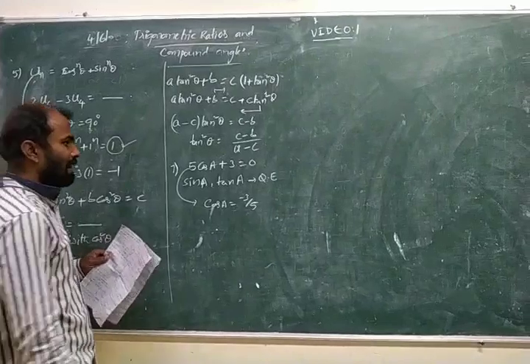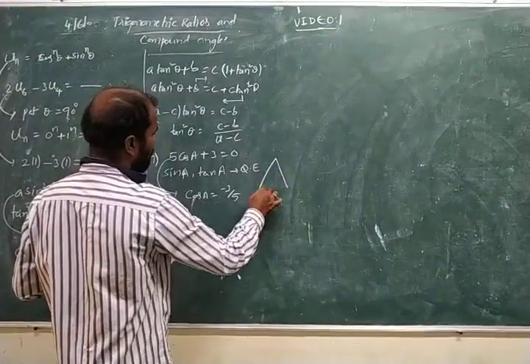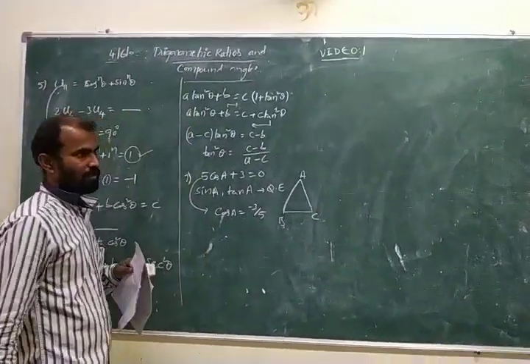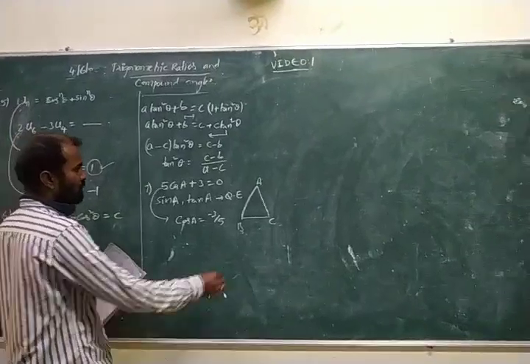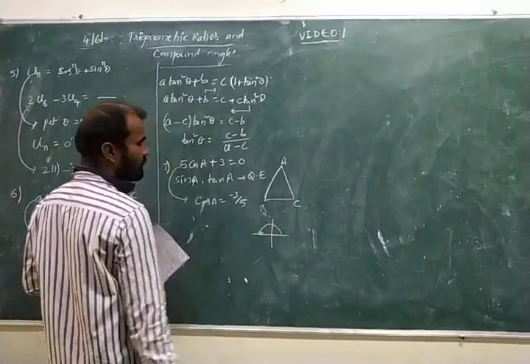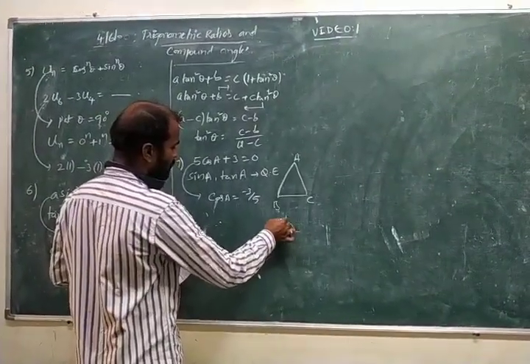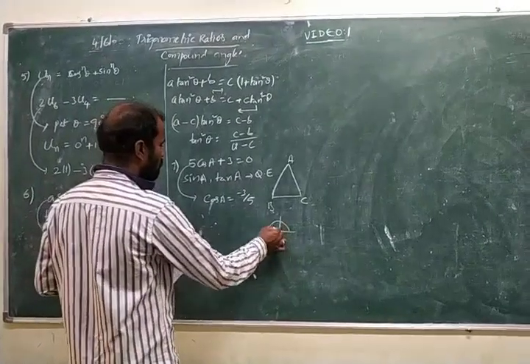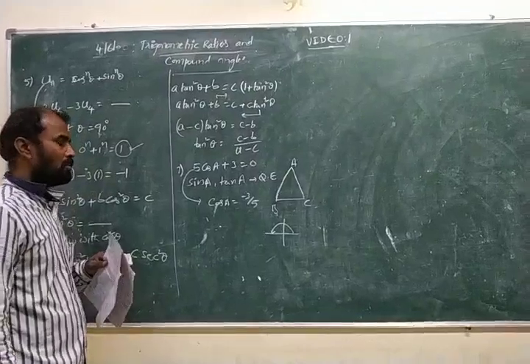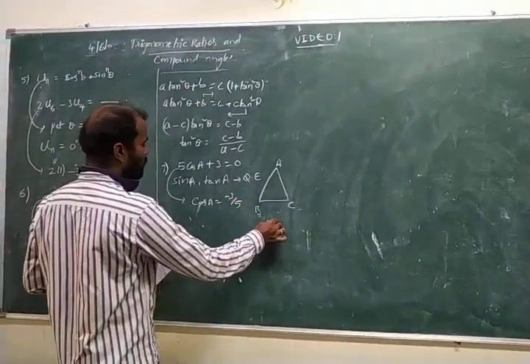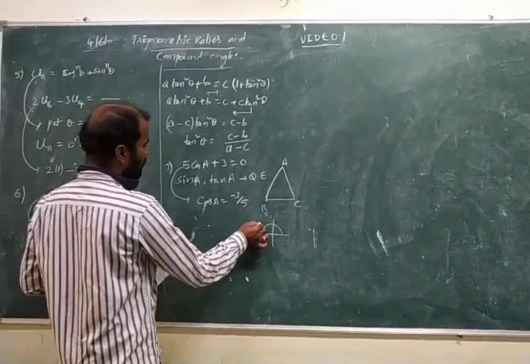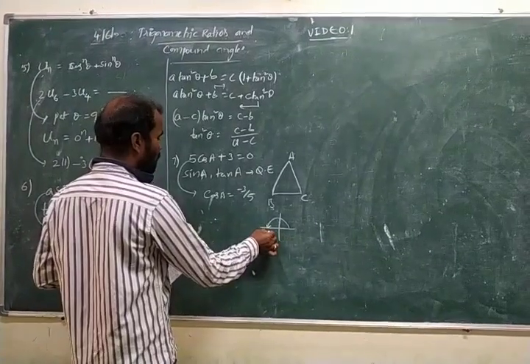So in triangle ABC, in any triangle, the sum of the three angles is 180 degrees. That means in a triangle you consider the angles in the first and second quadrant only. In the first quadrant 0 to 90 and second quadrant 90 to 180. That means 0 to 180. Here cos A is negative, minus 3 by 5 we have. In the first quadrant cos is positive. Cos negative means they lie in either the second quadrant or the third quadrant.